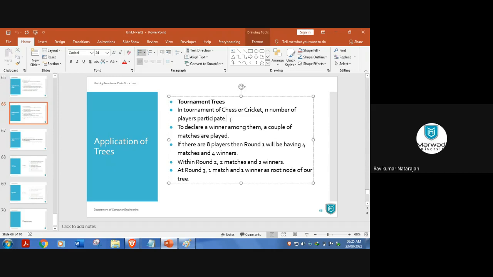You can apply this for chess, even in cricket. If you have seen the match summary details, you will understand this. Like you have 8 teams. First they will participate in the match. Then you will select 4 from that for the semi-final. Then in the final you will take only 2. Then in the final there will be only 1 winner. So if you form the tree, you can put all the information in that tree format. Then you can easily find which team has scored what. Their scores, scorecards, number of matches, all these things will be stored in that.